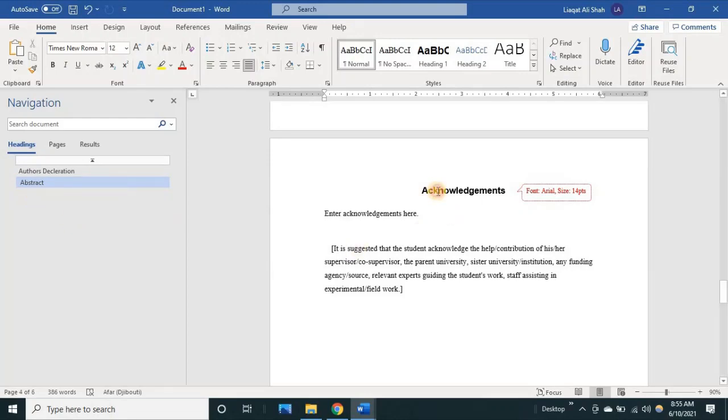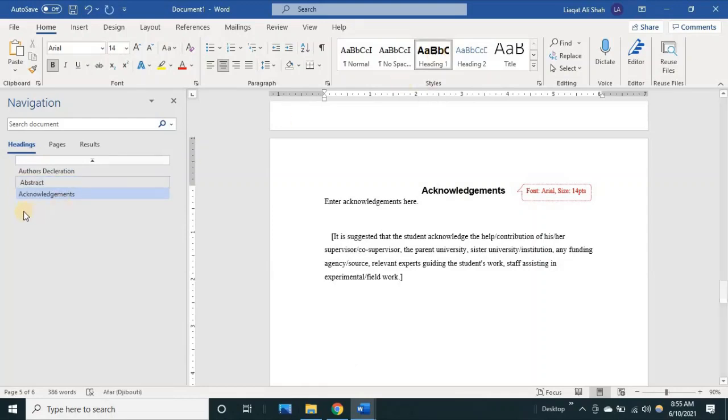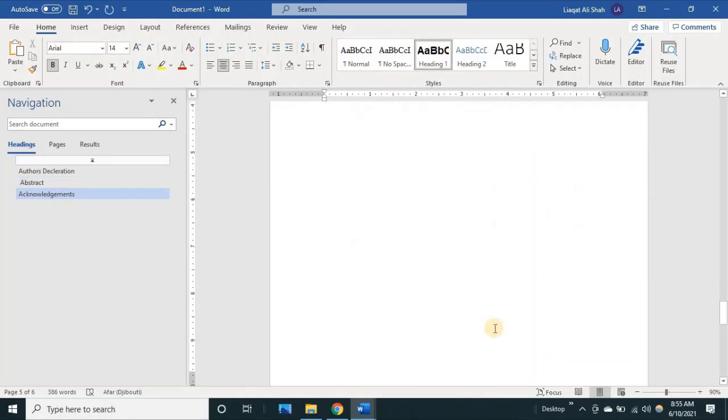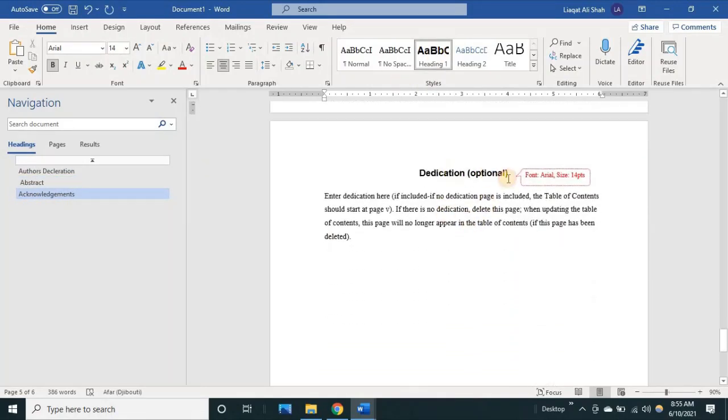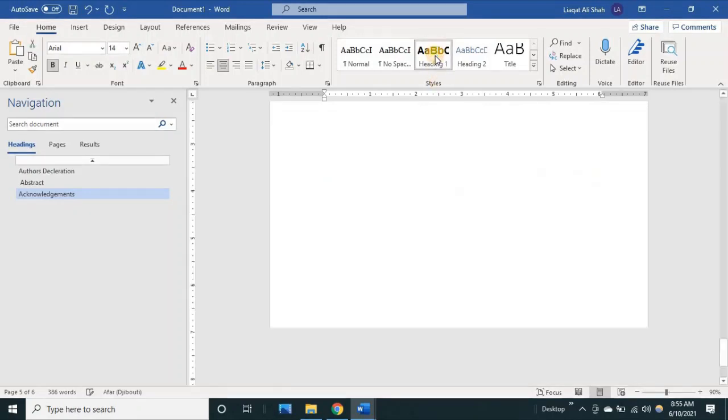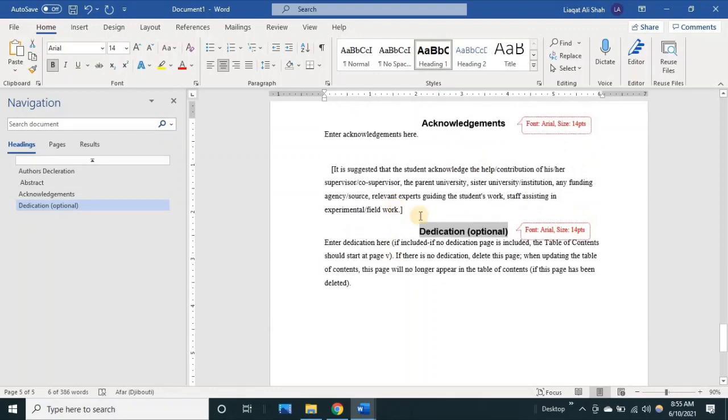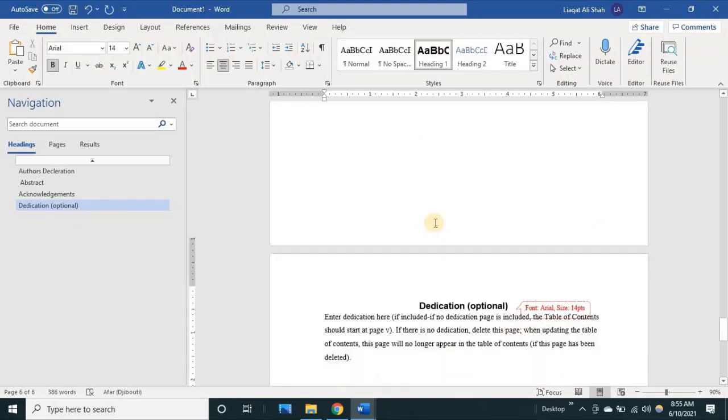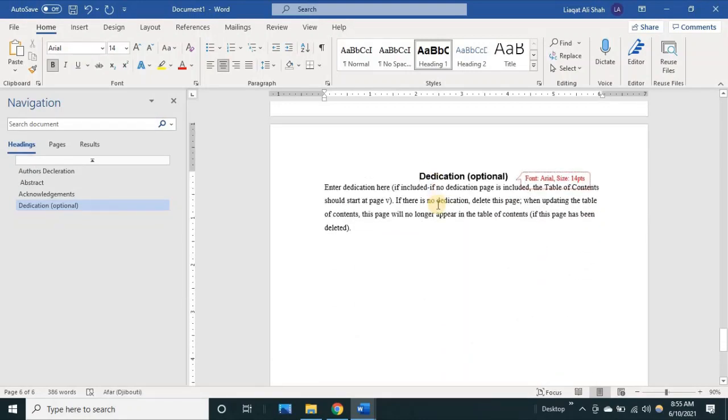So all you have to do is to click on acknowledgement and press heading 1. So you will see that it comes here. Similarly, select this dedication and press heading 1. Okay. Control Enter so that it comes to the next page, right?